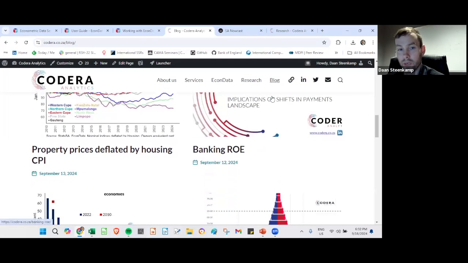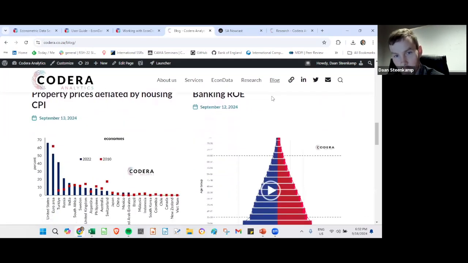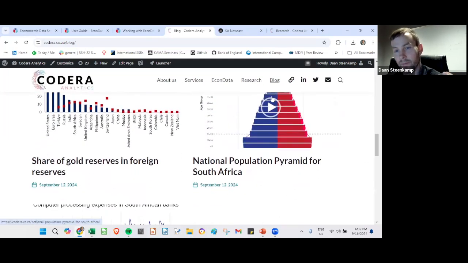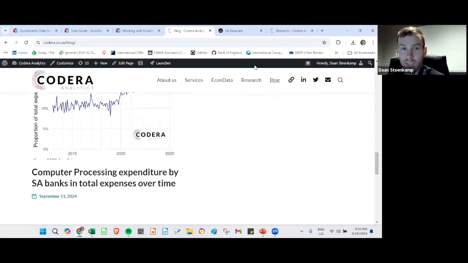We try and promote the use of South African data for public policy analysis. And we demonstrate the kinds of insights that you can get from public domain data. So just going back to my